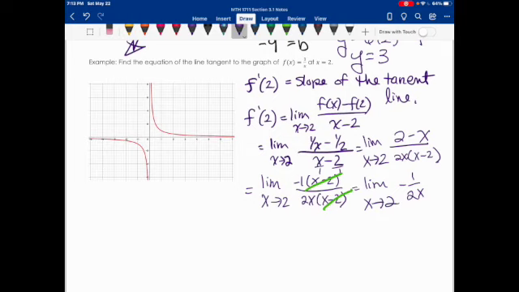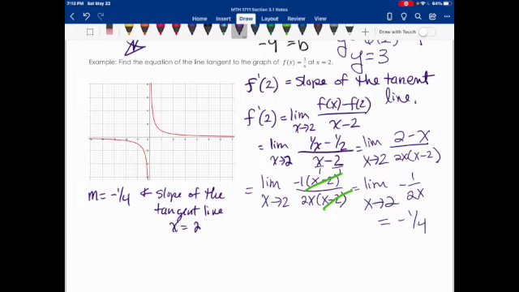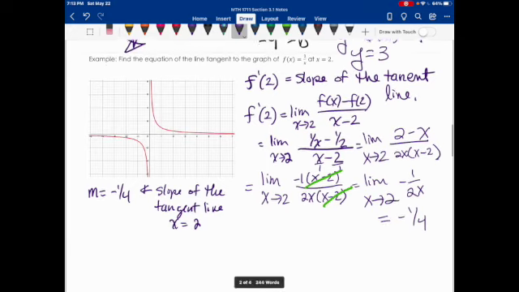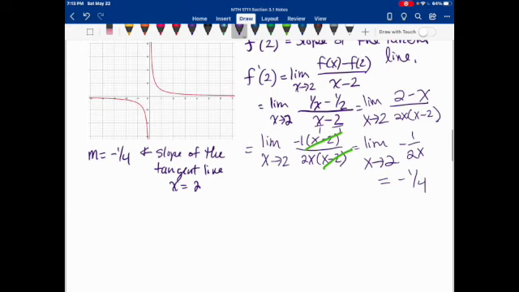Now I can use direct substitution and the limit laws, and when I take the limit as x approaches 2 of -1 over 2x, I get -1/4. So that tells me that the slope of the tangent line at x equals 2 is -1/4. So this is the slope of the tangent line at x equals 2. Now if we want to keep going and actually find the equation of the line,